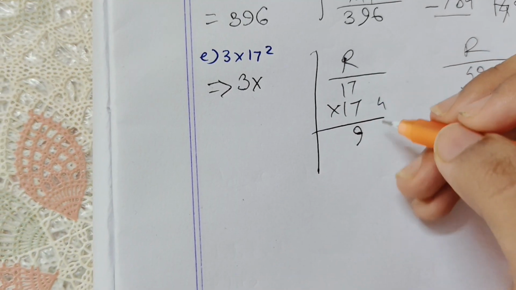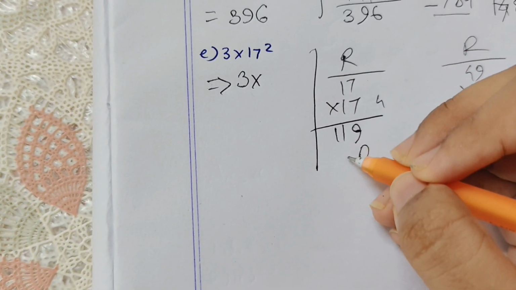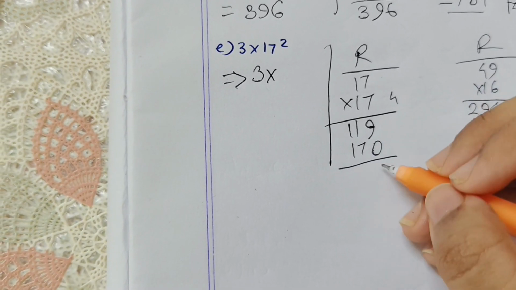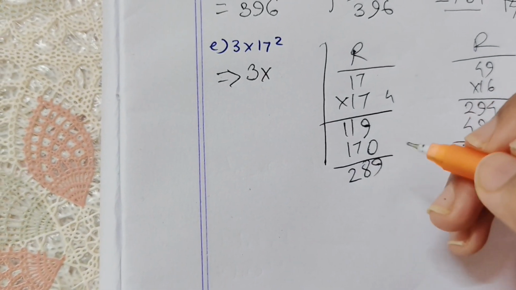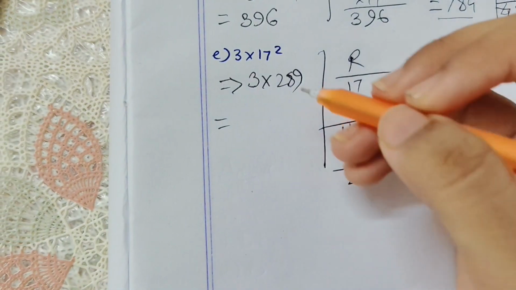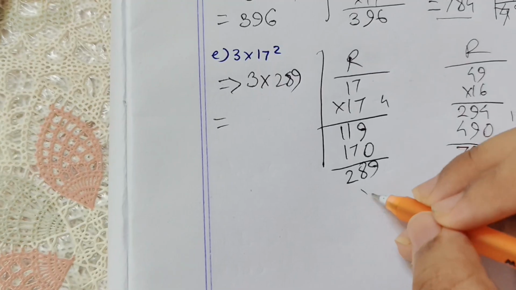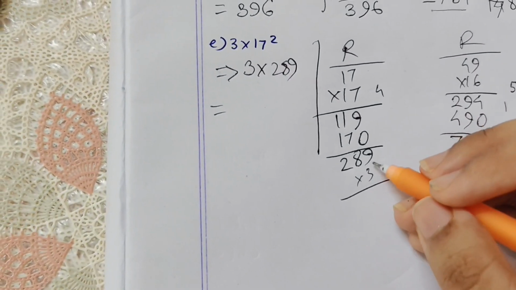7 plus 4 is equal to 11. Now 17. Now we get 289. Now we have to multiply 289 with 3, which will give us